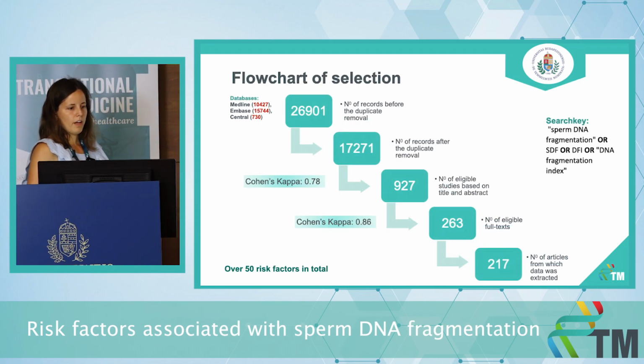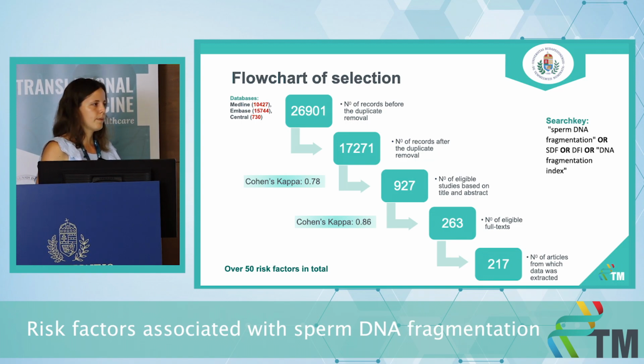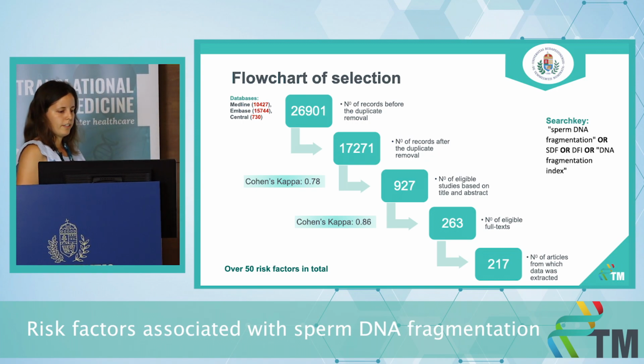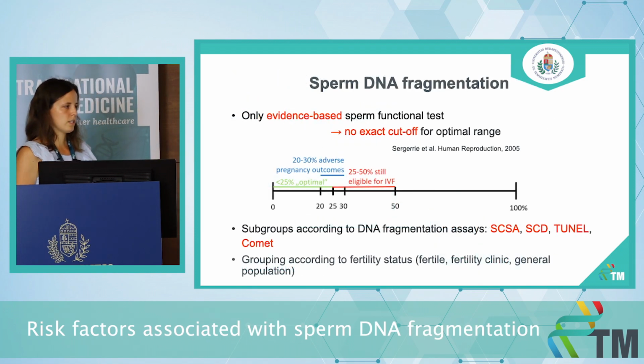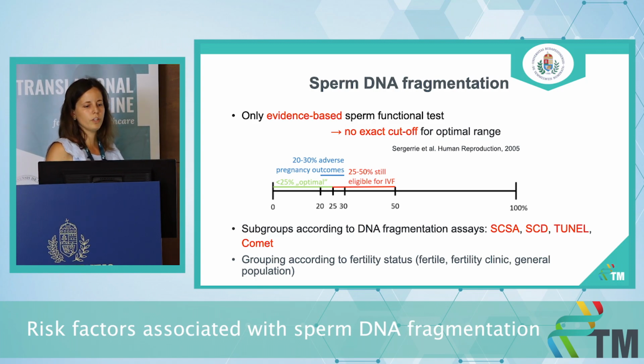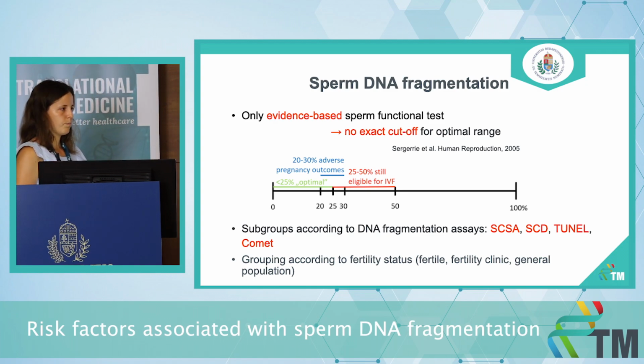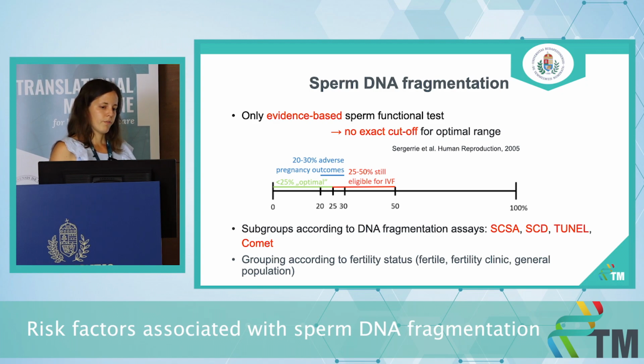We did the search in 3 medical databases and ended up with almost 27,000 articles and extracted data from over 200 articles, and we had data for more than 50 risk factors in total. Just a few words about sperm DNA fragmentation before we move on. It is the only evidence-based functional test that is available. There are no exact cutoff points though, but we prefer it to be under 25%, between 20 and 30% of